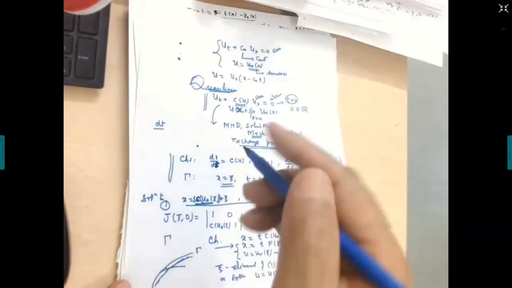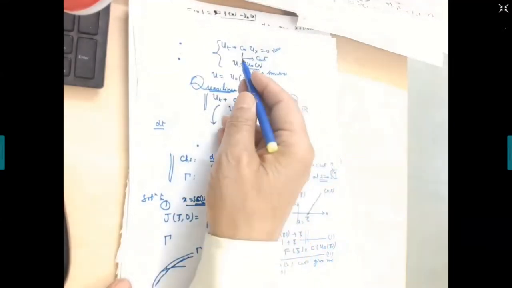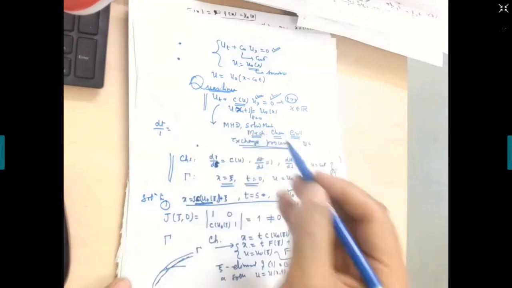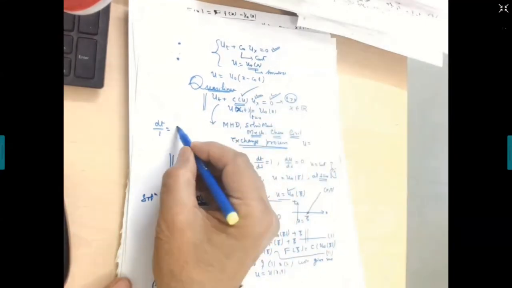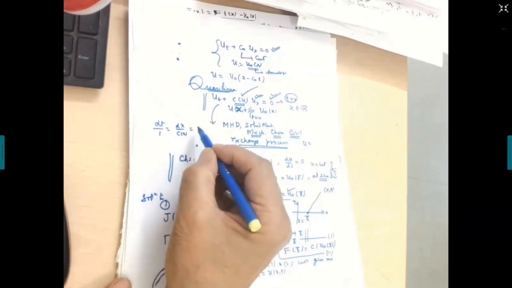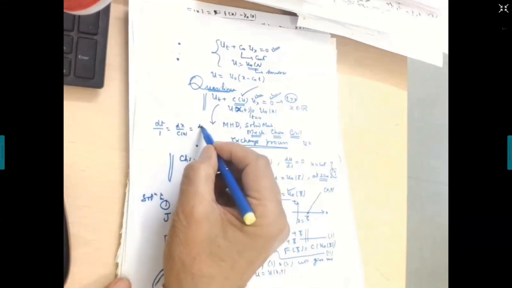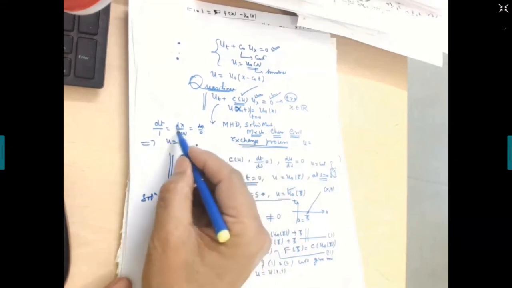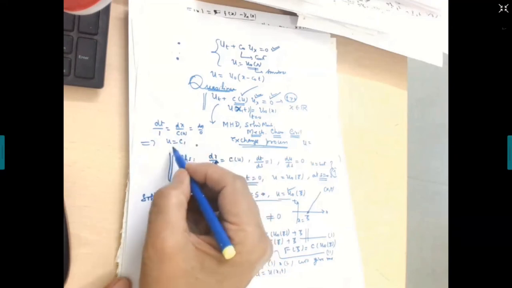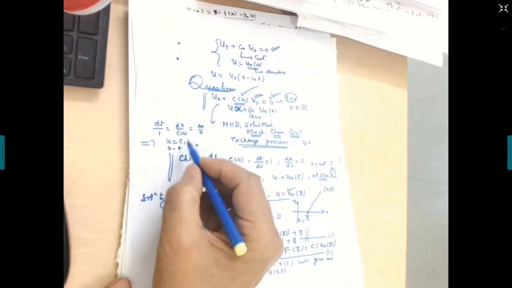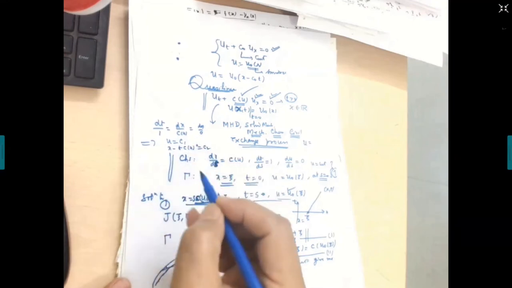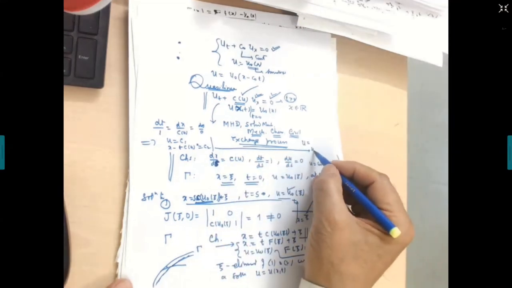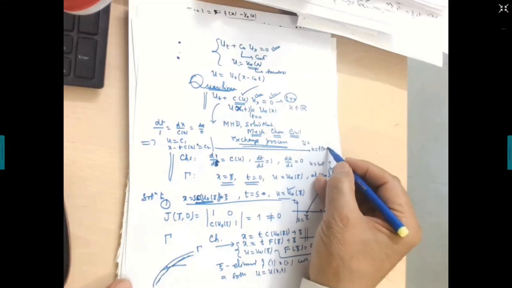So what I was saying is that quickly you can see, making use of Lagrange's equations, dt upon 1. Yes, what do you get? Quickly tell me. Where is the differential equation? This is the differential equation. Dx upon C of u is equal to du over 0. So this says that u is equal to some constant. From here, since u remains constant, you get x minus t times C of u. This is also constant. Am I right? C2. Yes, sir. And from these equations you find that u is equal to F of x minus t C of u.